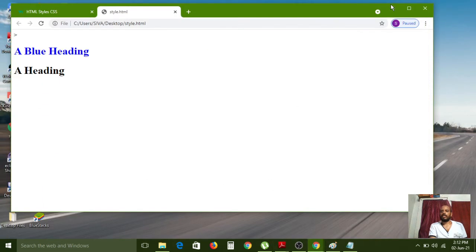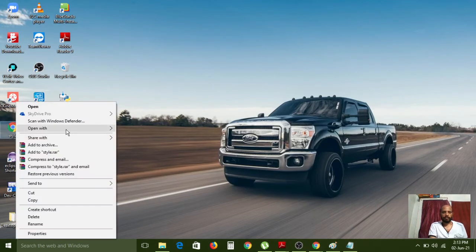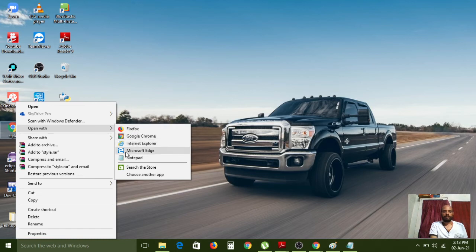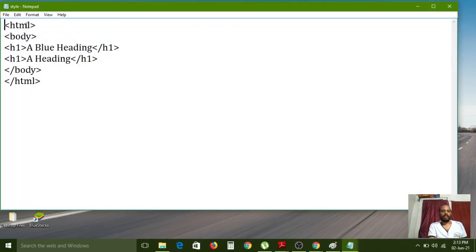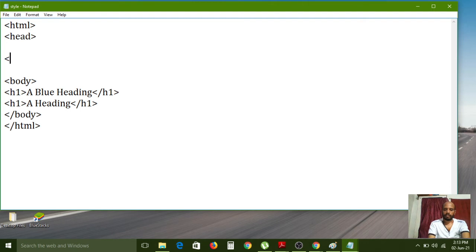The previous file is closed. Now I am opening style in Notepad, right? Here I am linking in the header. I am linking the CSS file here.